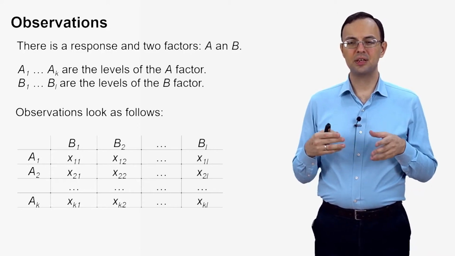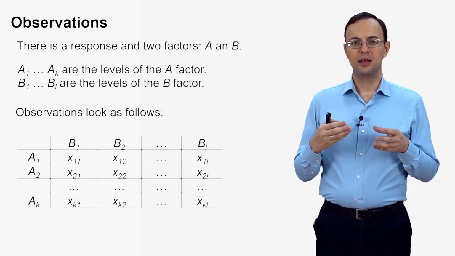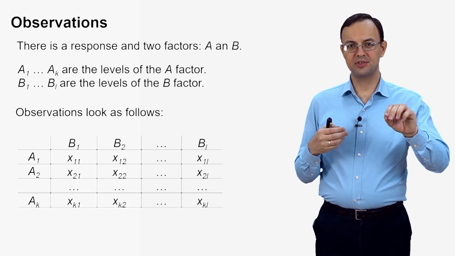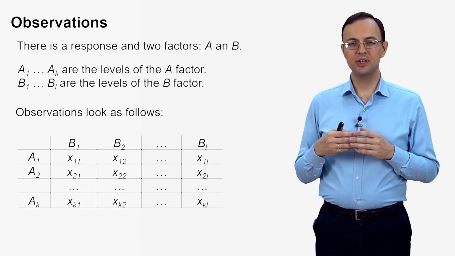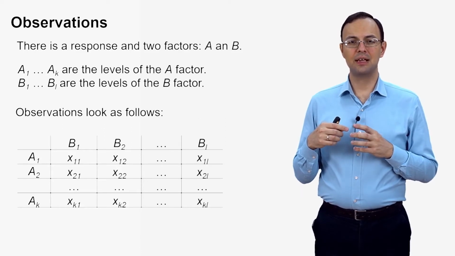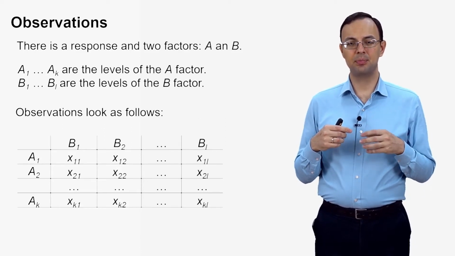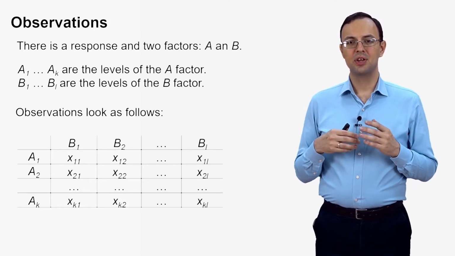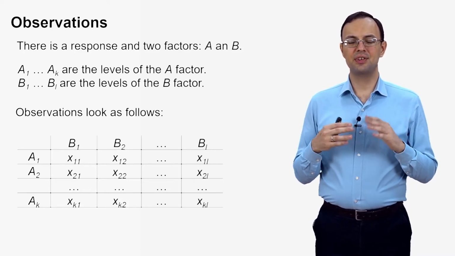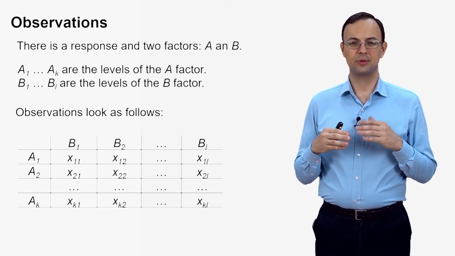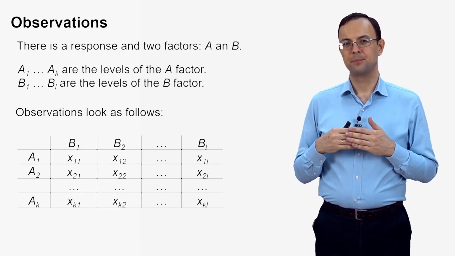So in practice, you usually have a series of measurements of the response for each combination of Ai, Bj, and then you calculate the sample mean for this sample, and what you see in the table is the mean value. But let's assume that these are just response values, just for simplicity of